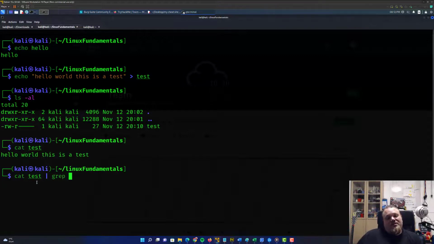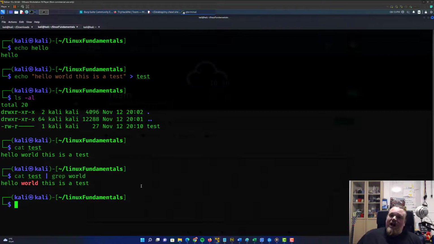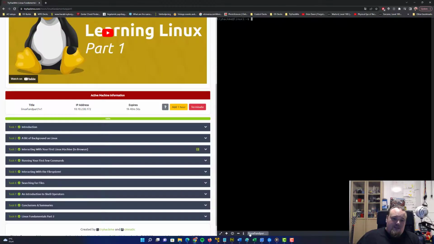So all the data that is being output by cat from the test file, we tell with the pipe command, I'm going to grep for a word called world. I'll press enter. As you can see now, it outputs that and highlights it in red, which is really good because then we can see we found what we were looking for. Now, if we go back to this particular challenge here,